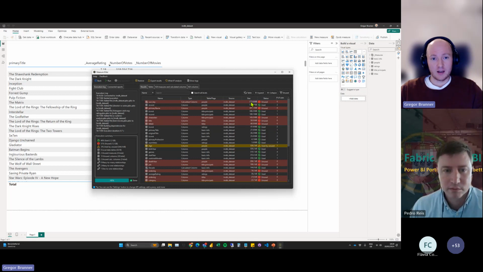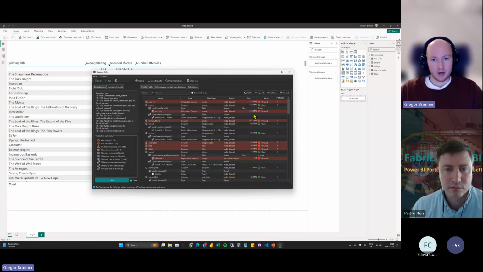That's a really big amount of my data model that is basically not used, just one column. And then we have some other columns. I can also expand this. We can see everywhere things are used. So for example, I can see that this column is used in the calculated column and in a relationship, and I can see all kinds of stuff here basically.